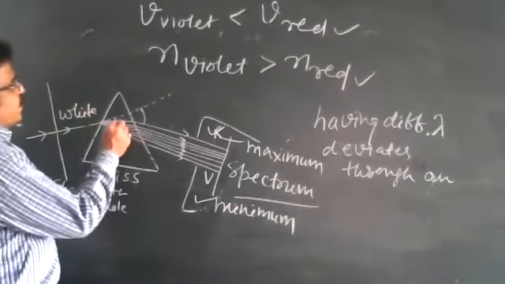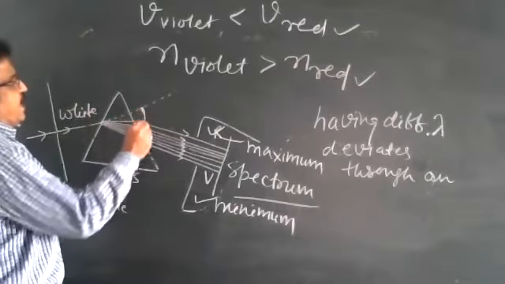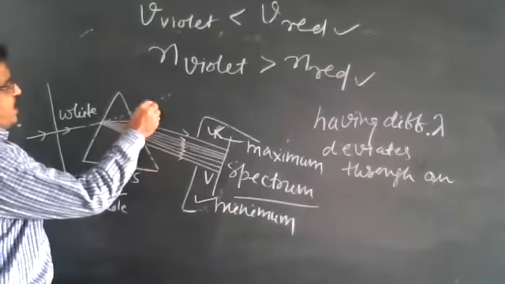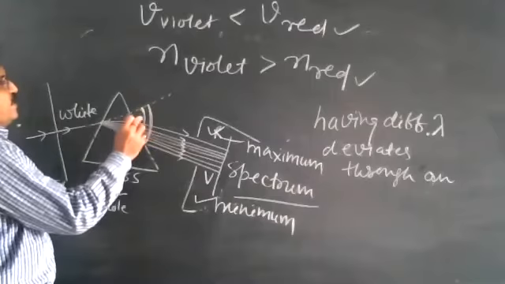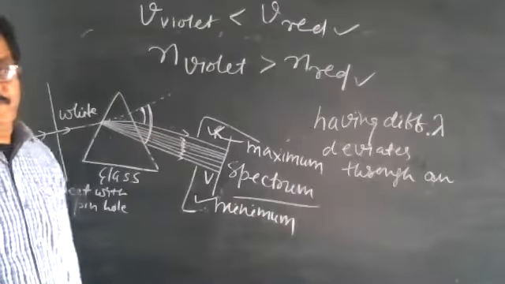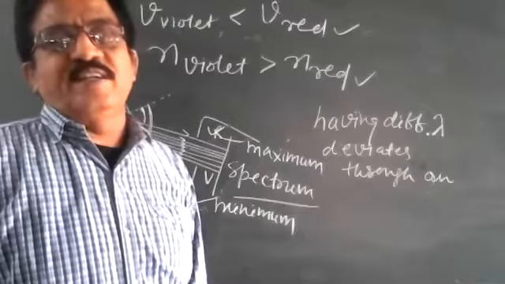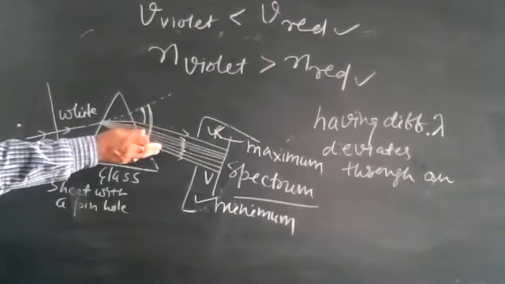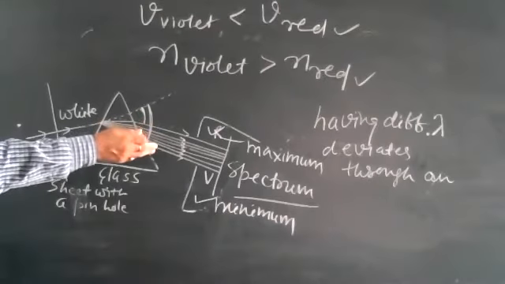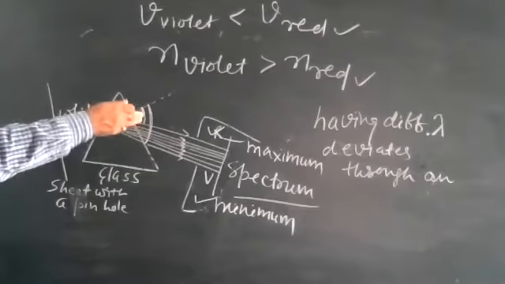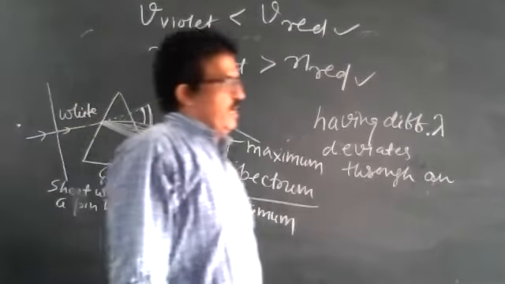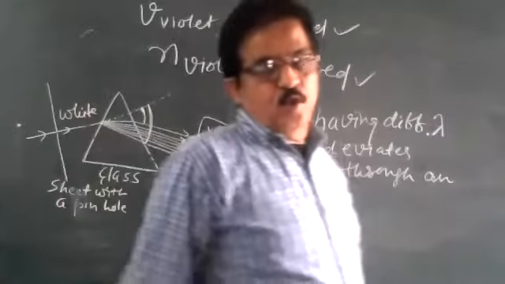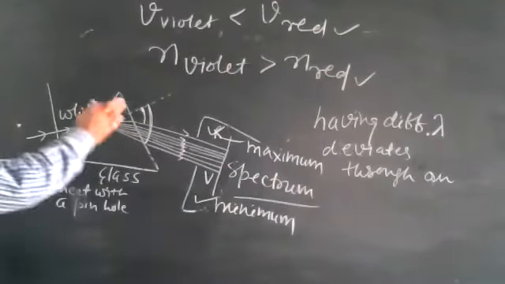See here, I said for the red color this angle is coming, whereas for this violet color this angle will come. Its angle is different, its angle is different. This is the cause of dispersion. So we can say it deviates through different angles. That is why the light splits on coming out from the prism into different colors, and we are getting a spectrum. This is the actual cause of dispersion.